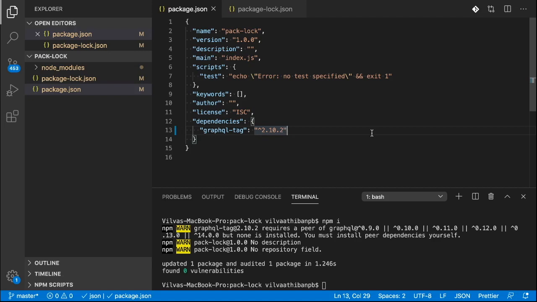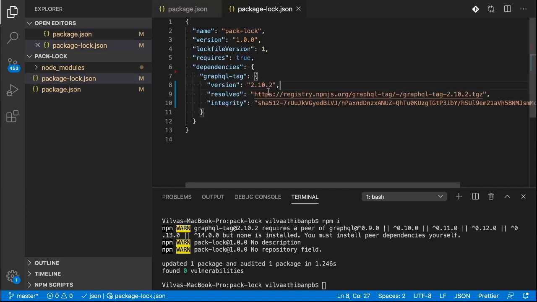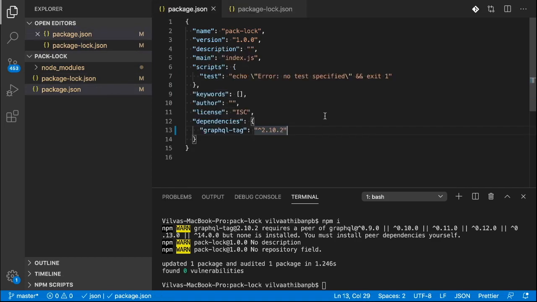Assume that the latest version of graphql-tag is 2.10.2. My package.json has the latest version with the caret symbol and package-lock.json has 2.10.2. I'll commit the code and push it. After I push the code, assume that the 2.10.3 version is released by graphql-tag. And also assume the latest version has some issues. Now I'll tell my QA guy that my application works fine on my machine. He will clone the repo and install the dependencies, but now for him the version 2.10.3 will be installed, not 2.10.2. And this version has issues and it will not work on his system.